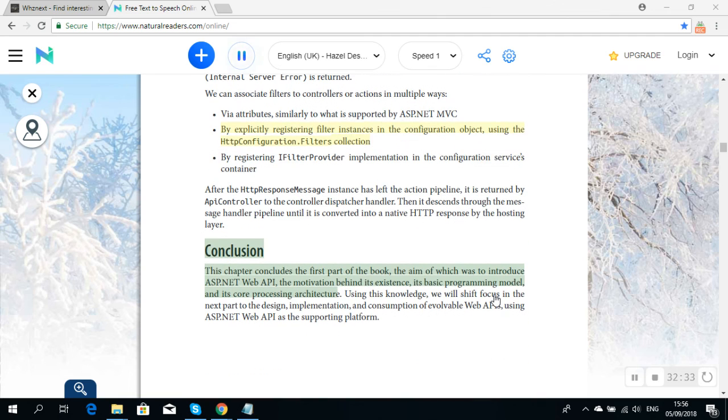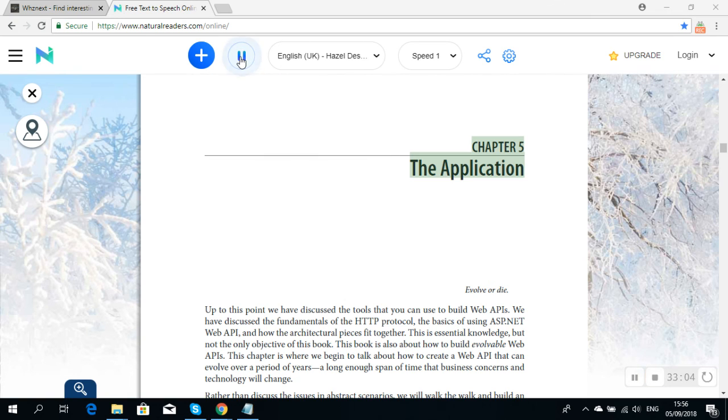Conclusion. This chapter concludes the first part of the book, the aim of which was to introduce ASP.NET Web API, the motivation behind its existence, its basic programming model, and its core processing architecture. Using this knowledge, we will shift focus in the next part to the design, implementation, and consumption of evolvable web APIs, using ASP.NET Web API as the supporting platform. Chapter 5. The